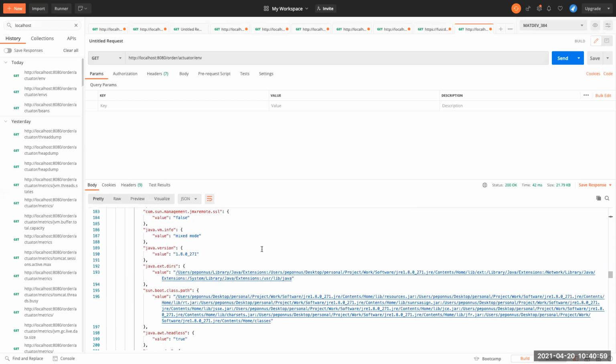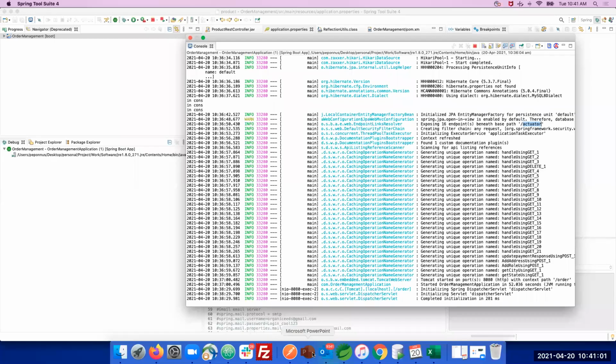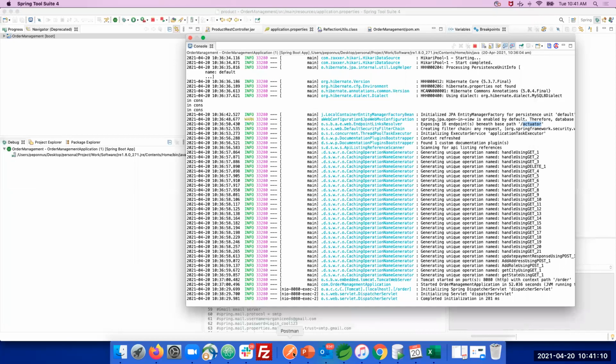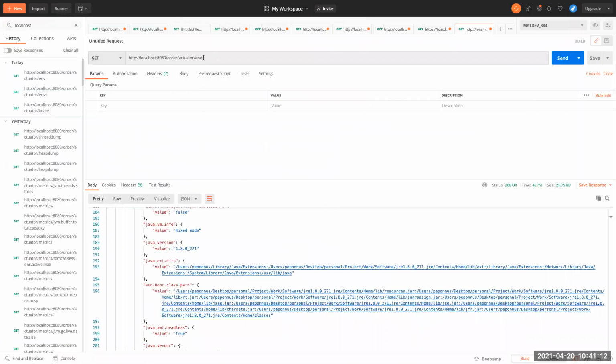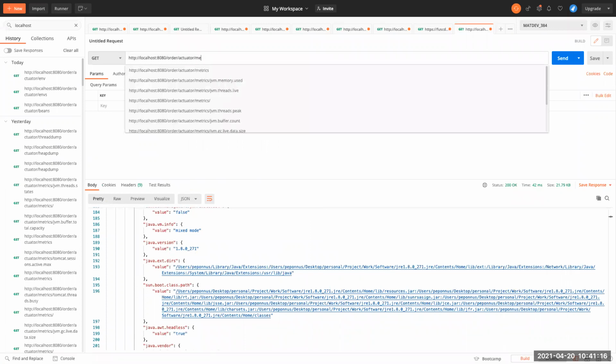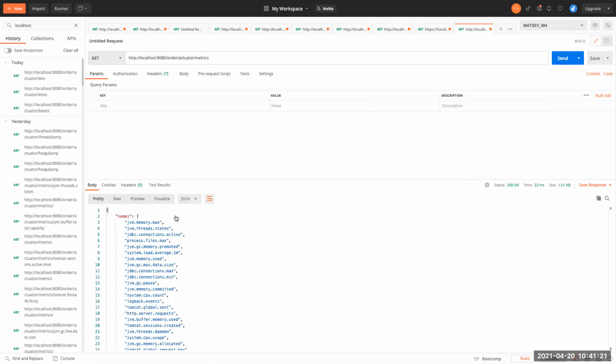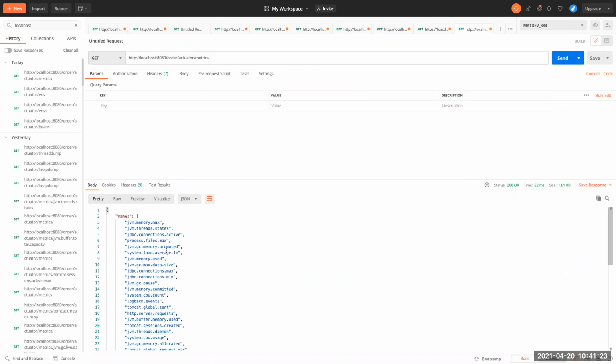Then the next service will be metrics. In the metrics we'll get a bunch of parameters.